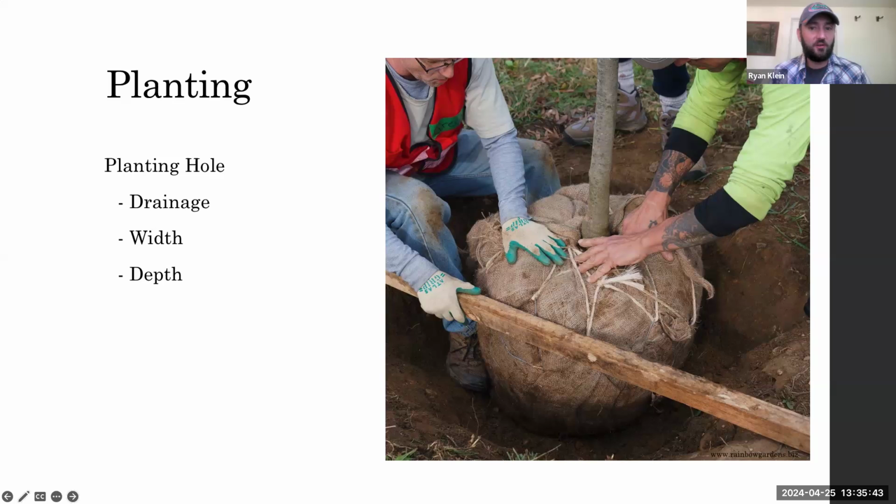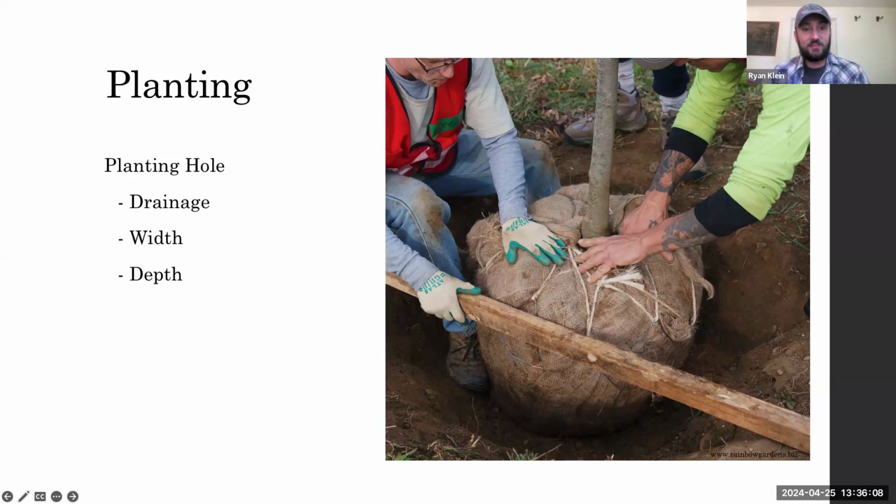Poor quality soil, sometimes you'll dig twice the width of the root ball. It'll be wider at the top, because remember, the roots are going to be in the top 18 to 12 inches anyway. And this is going to help those roots get out into that surrounding soil a little bit quicker. And then depth. This is one of the most common mistakes, planting too deeply. So typically you want to plant a couple inches above grade. You're always better off planting higher than lower.